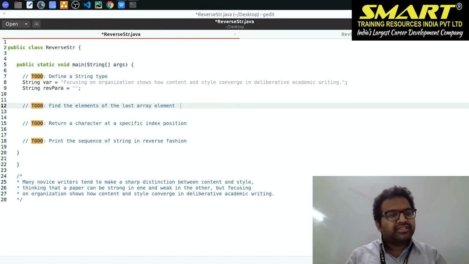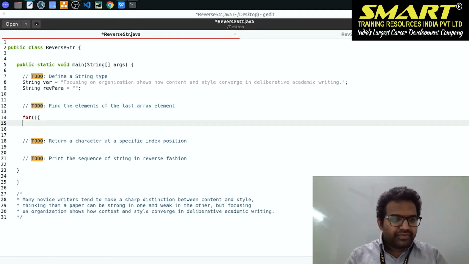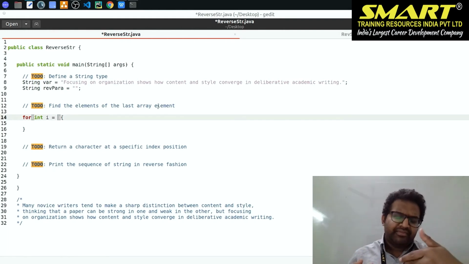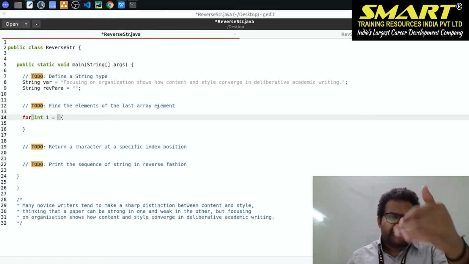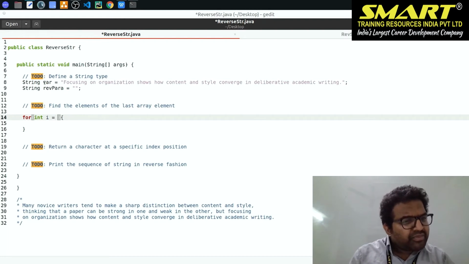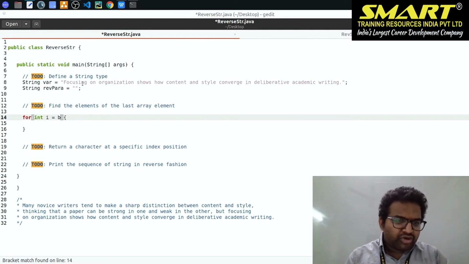In the second task, I want to find the last element of the array. How do I do that? You can think of it as a for loop. I'm going to declare int i equal to. We have to find the last array element, right? It is kind of like imagining a number that you count down from 10, 9, 8, and that's a similar approach here. We have to test the text, so para dot